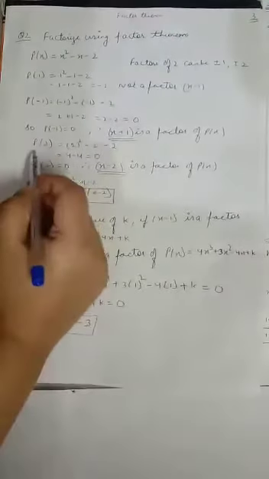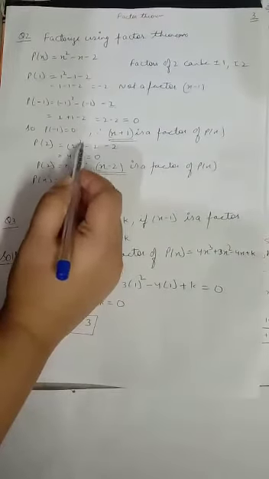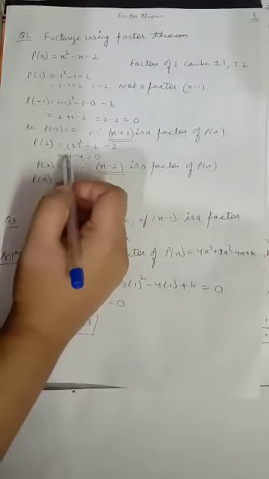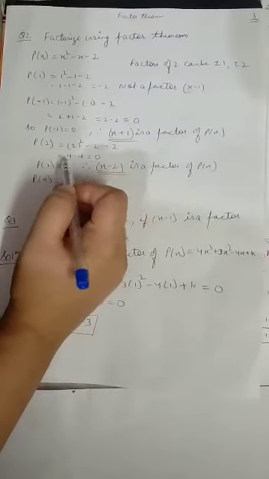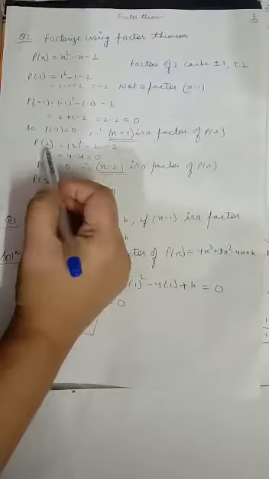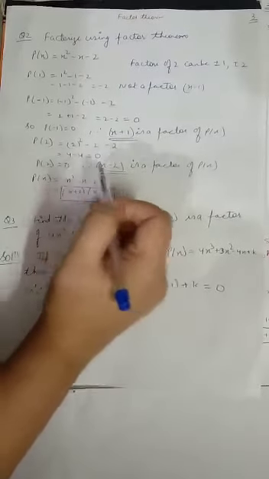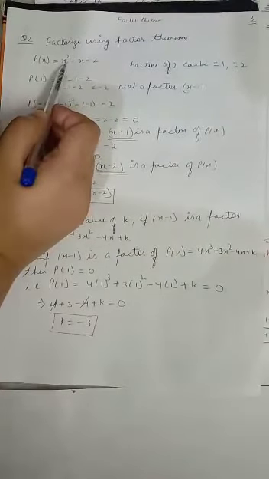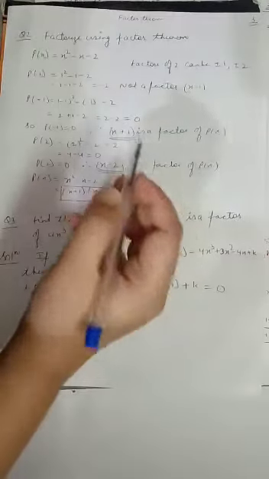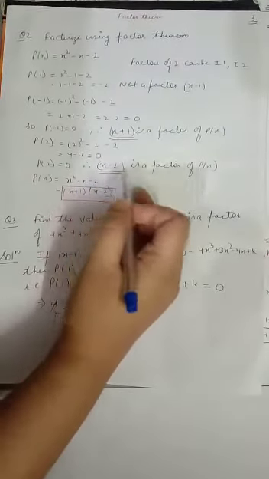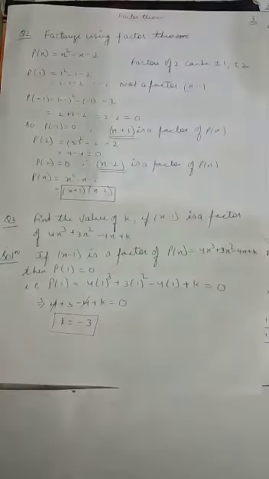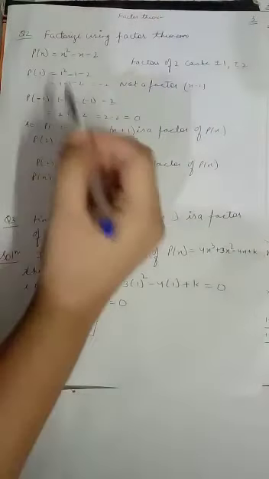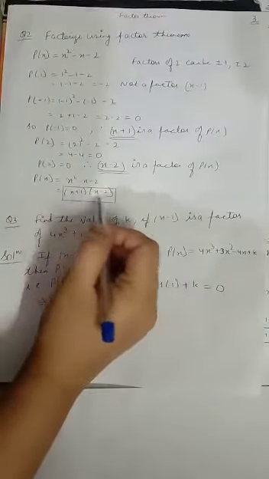So I'll check for plus 2 first. So P of 2 I will find out. 2 square minus 2 minus 2. 2 square is 4. Minus 2 minus 2 is minus 4. So 4 minus 4 is 0. So P of 2 equals 0. That means x minus 2 is a factor of P(x). Since it's a quadratic polynomial, I'll get two factors. I have got my two factors, x plus 1 and x minus 2. So there is no need of checking minus 2. So the two factors by factor theorem are x plus 1 and x minus 2.